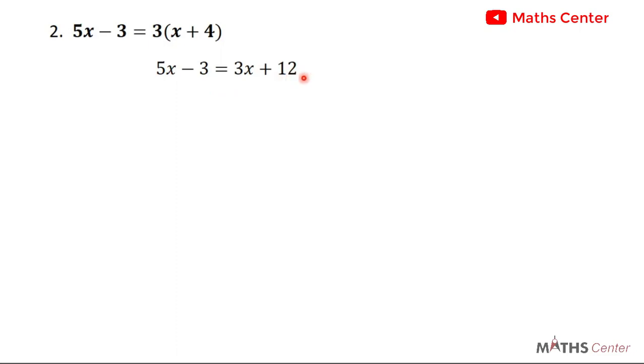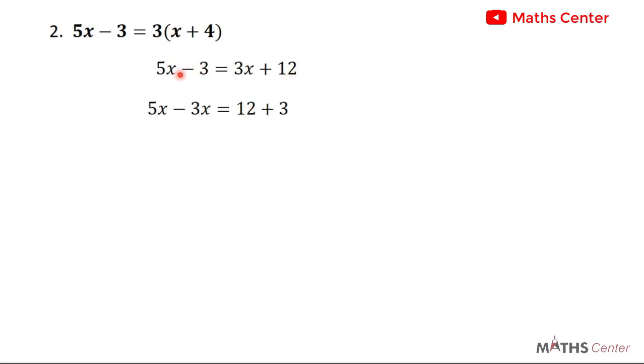So you group them. As I told you in the previous video, I prefer grouping the terms with x on the left hand side, then grouping the other terms on the right hand side. So I'll bring 3x to this side. So 5x is already here, I will keep it. So I have 5x here. 3x here is positive, so when it crosses to this side, it becomes negative. So 5x minus 3x will give us